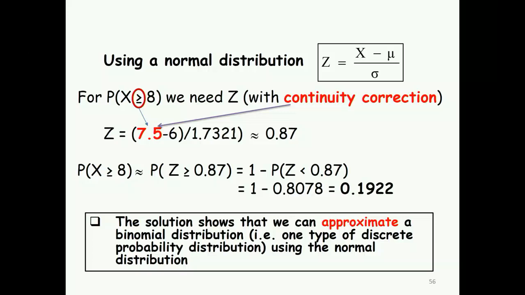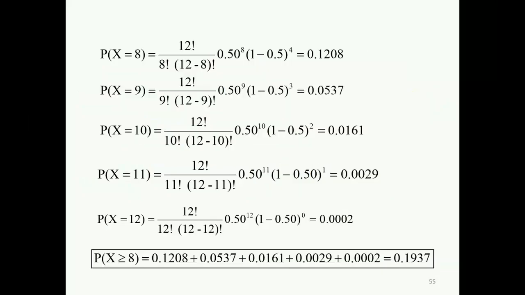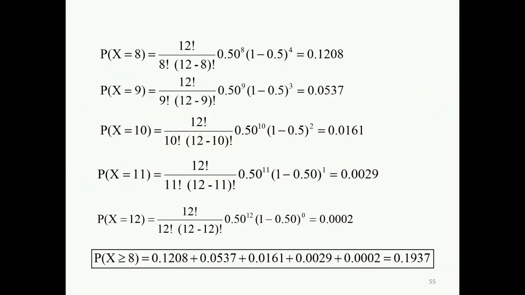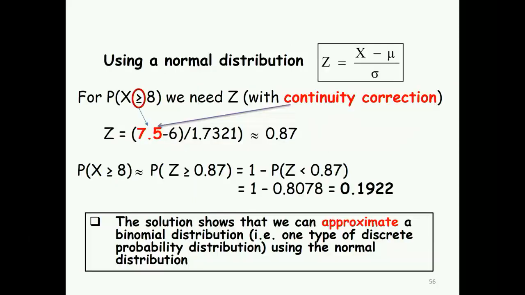Why do we make a correction? And why is it only 0.5? We'll talk a little bit about that next week. But a correction is needed because the question is binomial and we are using a normal distribution formula. So once you do that, you see I made the continuity correction. The mean is 6. The standard deviation is 1.732. Easily, I calculated 0.87, and I found 0.1922. Anything greater would be 0.1922, which is somewhat close to 0.1937. I try to approximate the answer in a very quick and simple way.